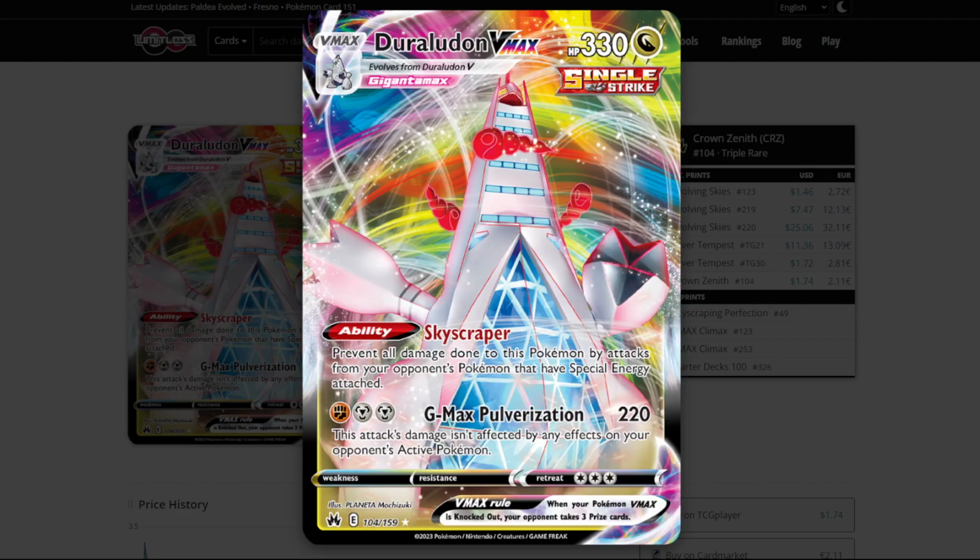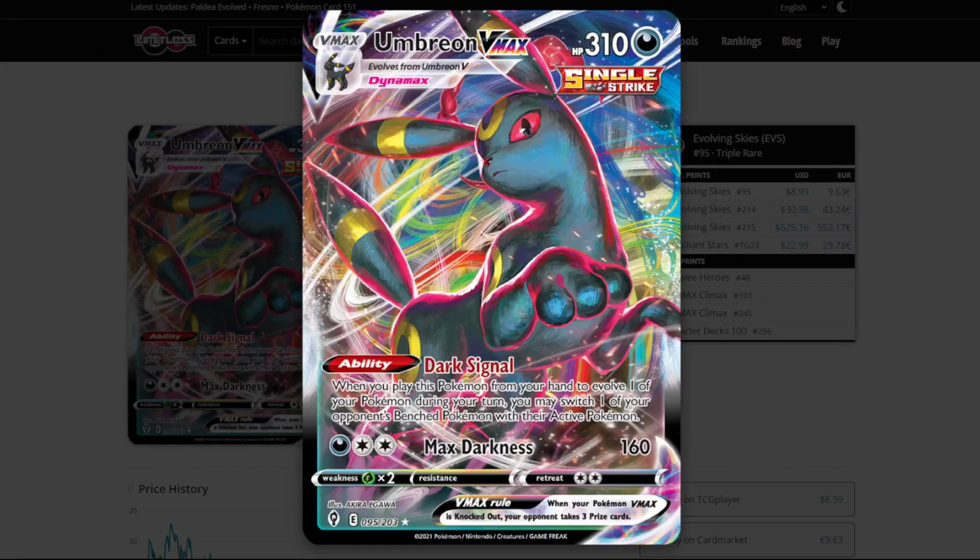And then I'll talk about the other VMAX here, Umbreon VMAX, a very powerful one as well. With its attack here, Max Darkness, 160 for 3 is okay. It does give you that Dark Knight type coverage, which can be good. But then Dark Signal, much more important, with its ability that says when you evolve into it, you just gust one of your opponent's Pokemon up, which is so useful in so many matchups because